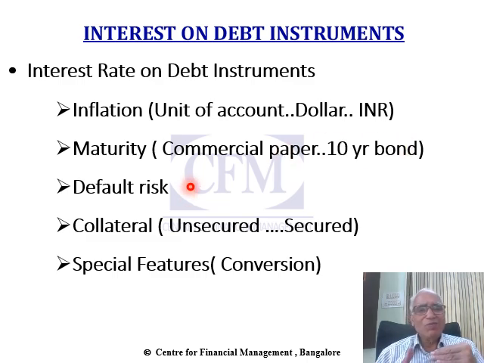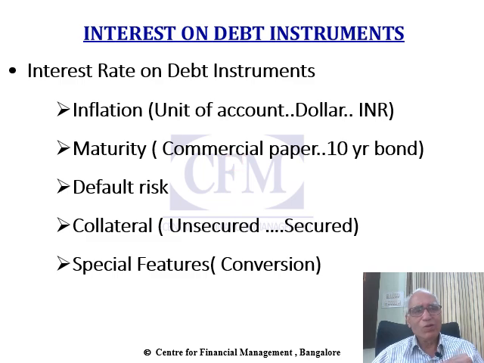Default risk. If the default risk is perceived to be high, the nominal rate of interest would be high. If the default risk is perceived to be low, the nominal interest rate, other things being equal, would be low. Collateral. If the debt instrument is unsecured, it is likely to carry a high rate of interest. On the other hand, a secured debt instrument is likely to carry a lower rate of interest. Special features such as conversion feature. If a debt instrument is convertible into equity at the option of the investor, the interest rate on the debt instrument